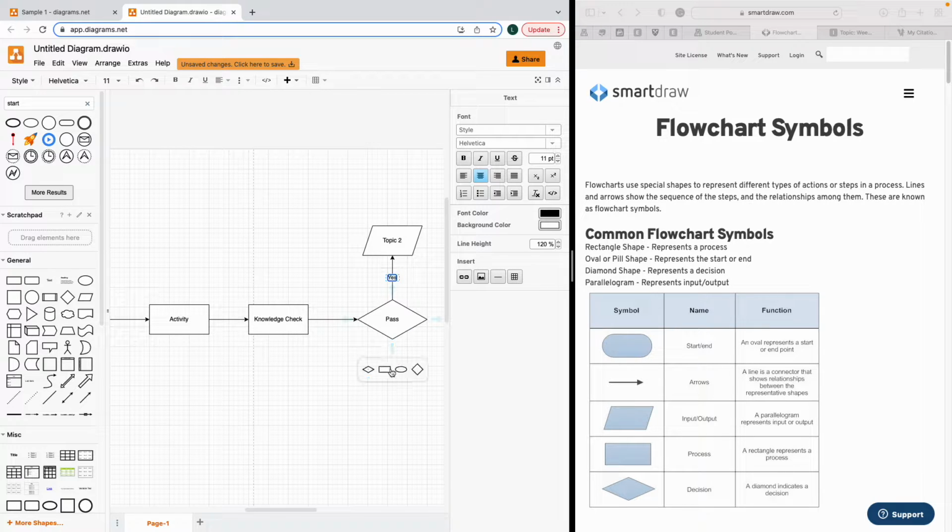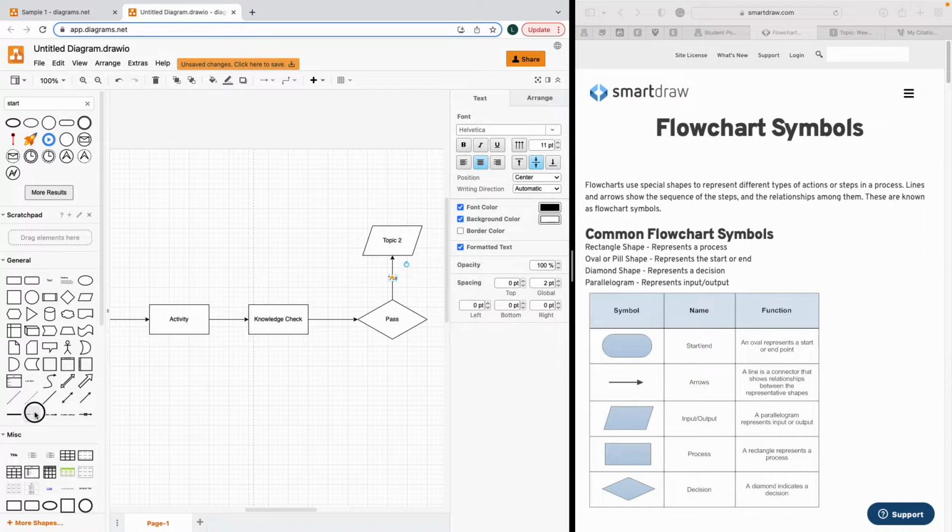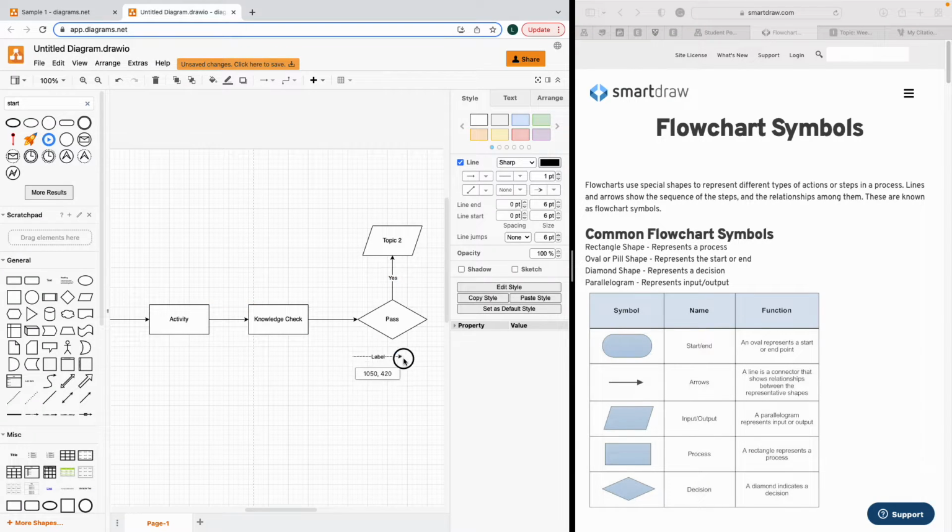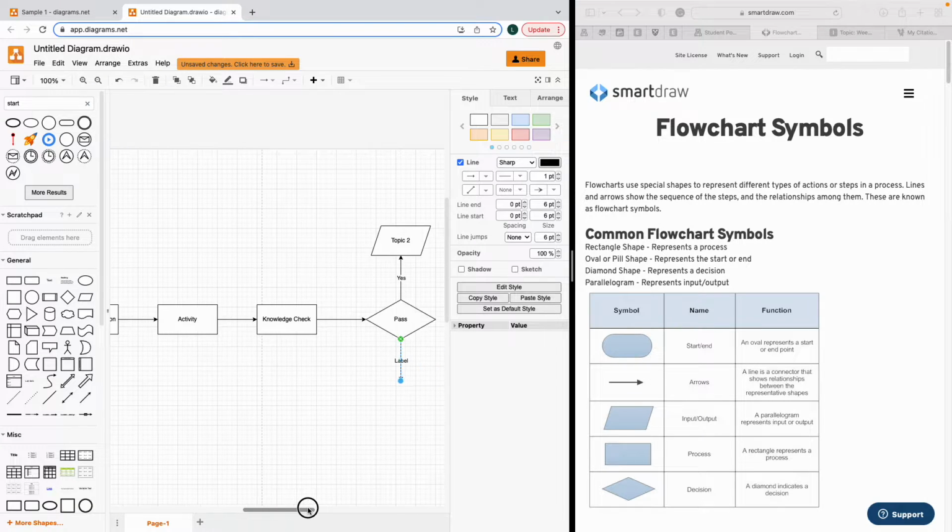Okay, so here I'm going to add my other label and see what happens when they don't pass. So again, I'm going to connect it, and the decision, if they do not pass, I want them to go back through the lecture. So as you can see, this is going straight down, but here at the top I have the ability to change